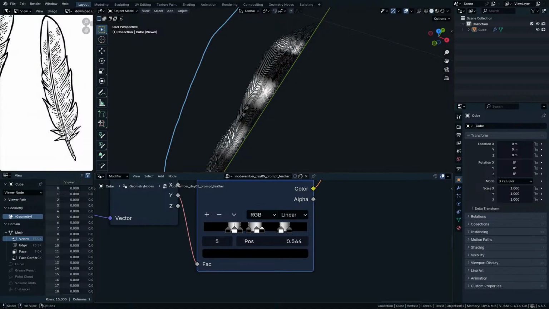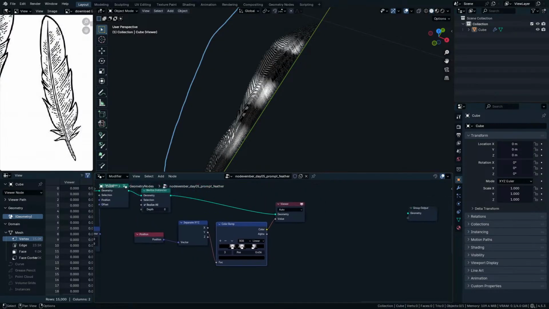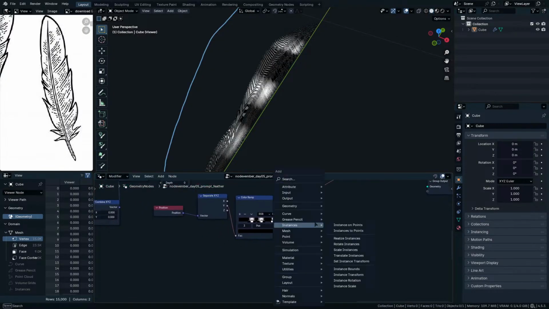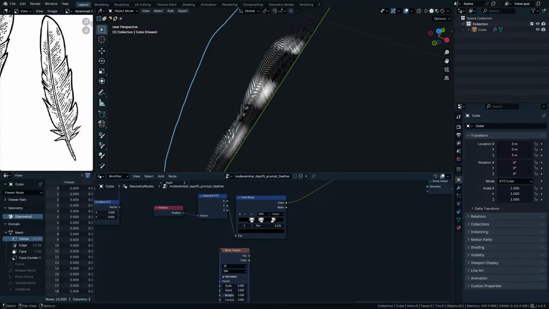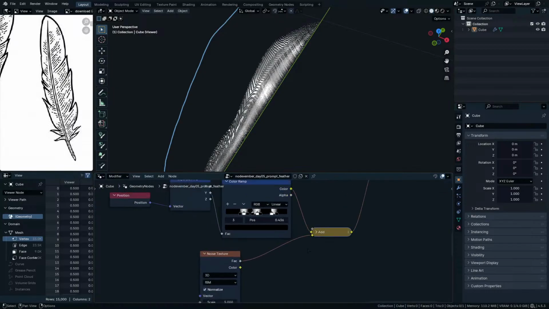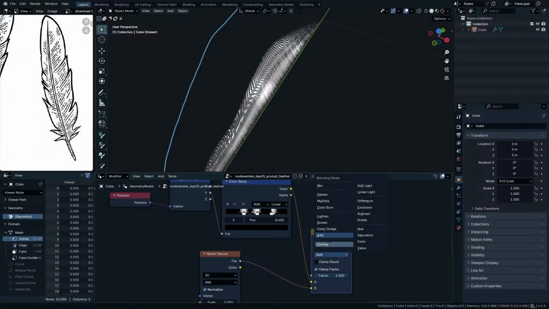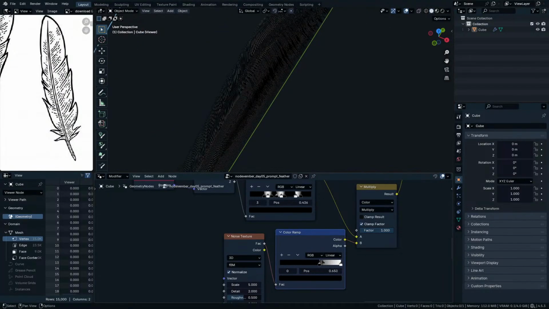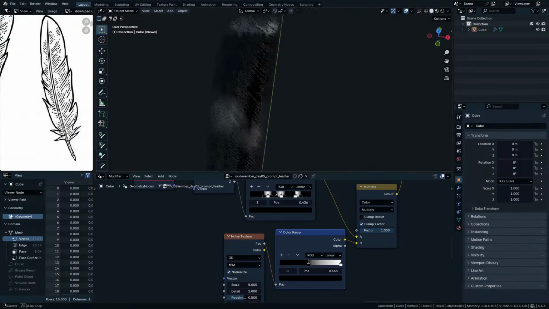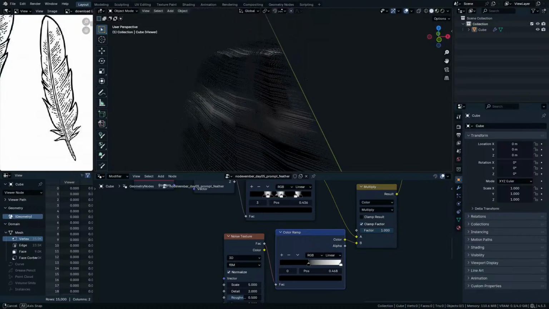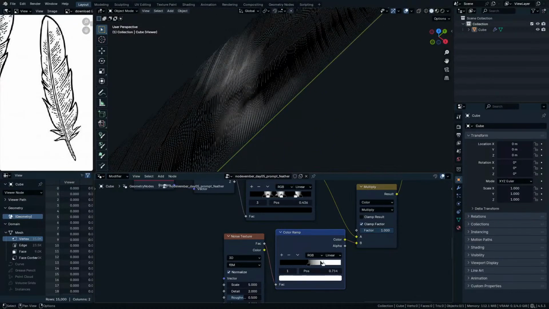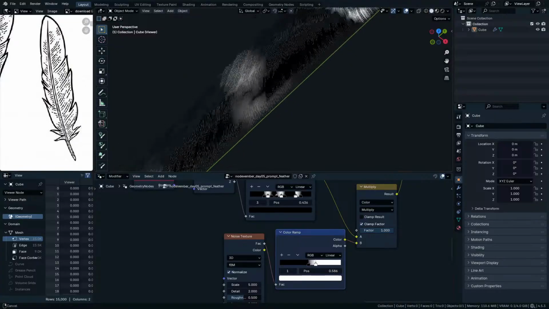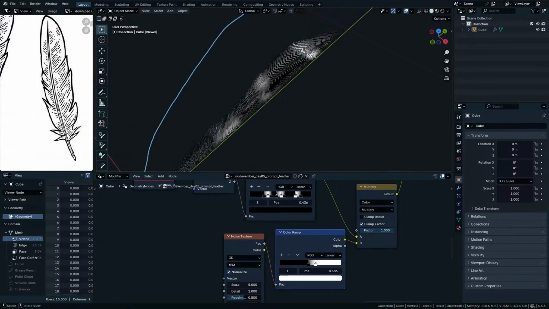Okay, so yep. And also you can add a noise texture to add some kind of randomness to it. So you can just do multiply because it's the most used one. Okay, let's add a color ramp. And so I have added some noisiness. Okay, we can make it contrasty a little bit. Okay, now we're doing something. And actually